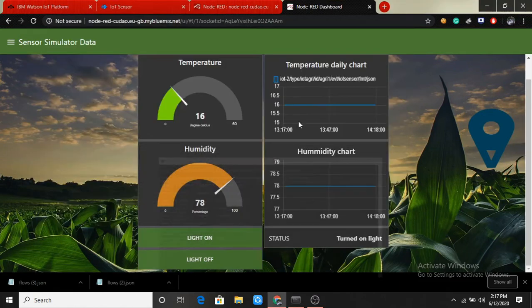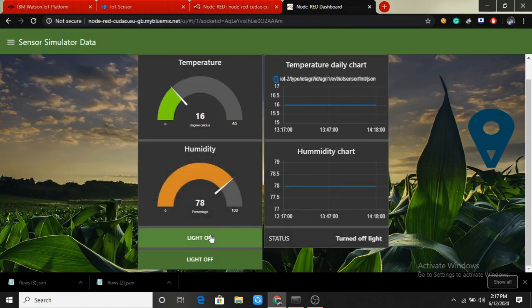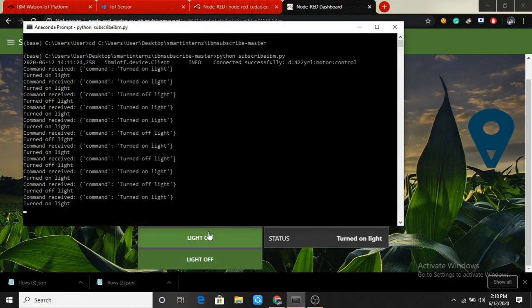So if I click light off, you could see the command that it had been turned off the light. Once again we will make a try. We could see the status, and there is an update in the Python script. It is showing that the light had been turned on.